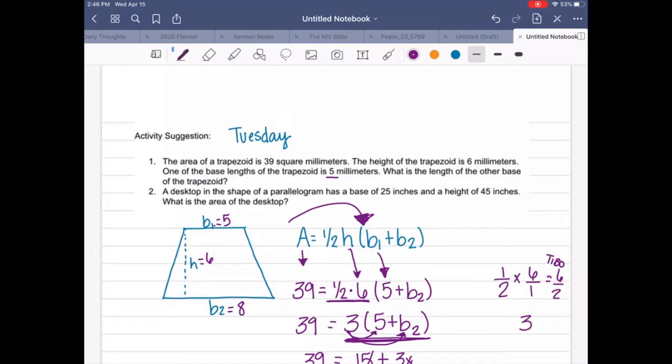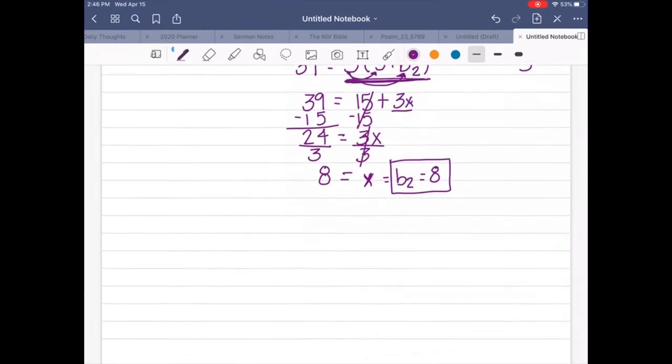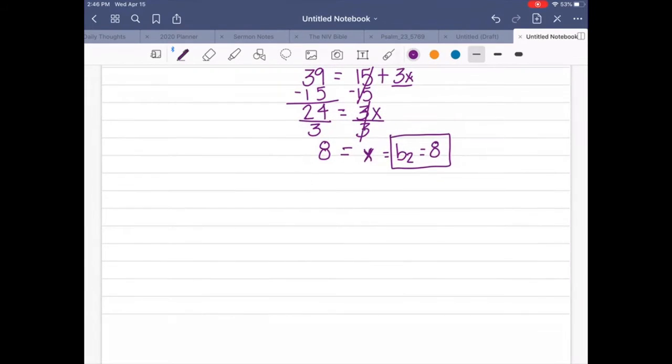All right, number 2, a desktop in the shape of a parallelogram has a base of 25 inches and a height of 45 inches. What is the area of the desktop? All right, so if we're looking at a parallelogram,